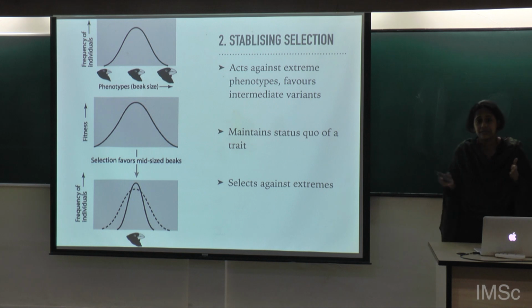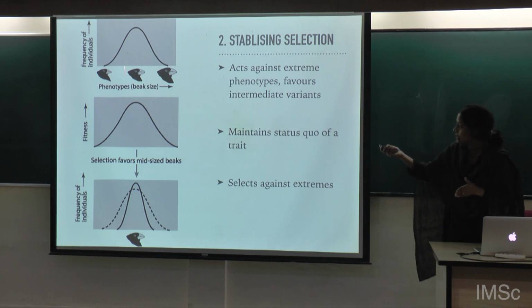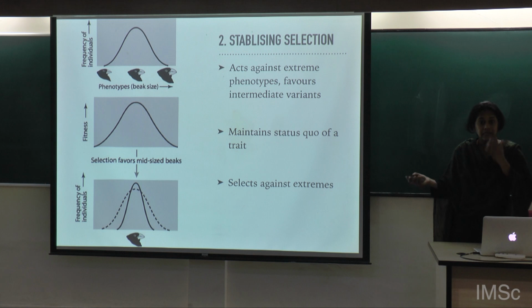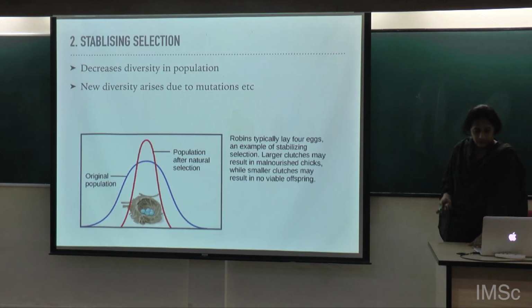You can also have selection that works to stabilize a particular trait when, for some reason, say, birds with small beaks and large beaks are selected against, and maybe there is suddenly only a food type that is available and best eaten by birds with middle-sized beaks. Your population can shrink, where only these birds with middle-sized beaks have high fitness, and so you have a stabilizing kind of pressure. The third is